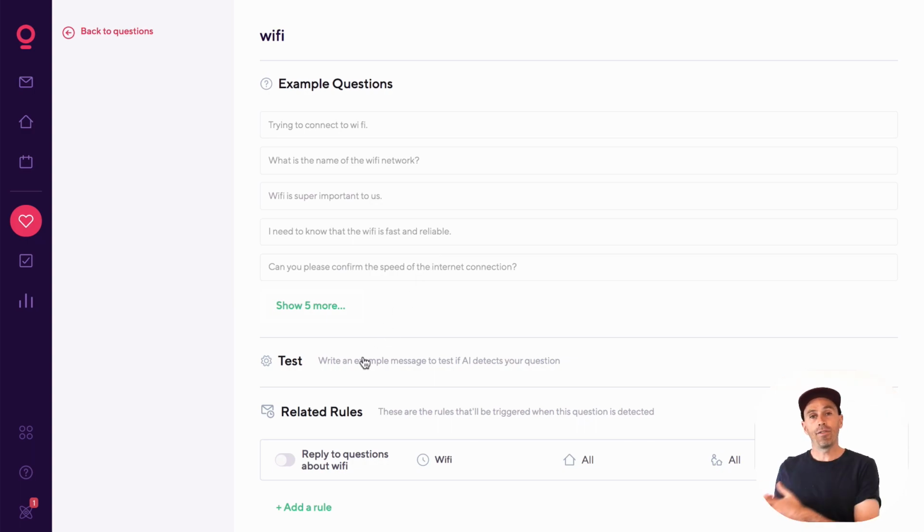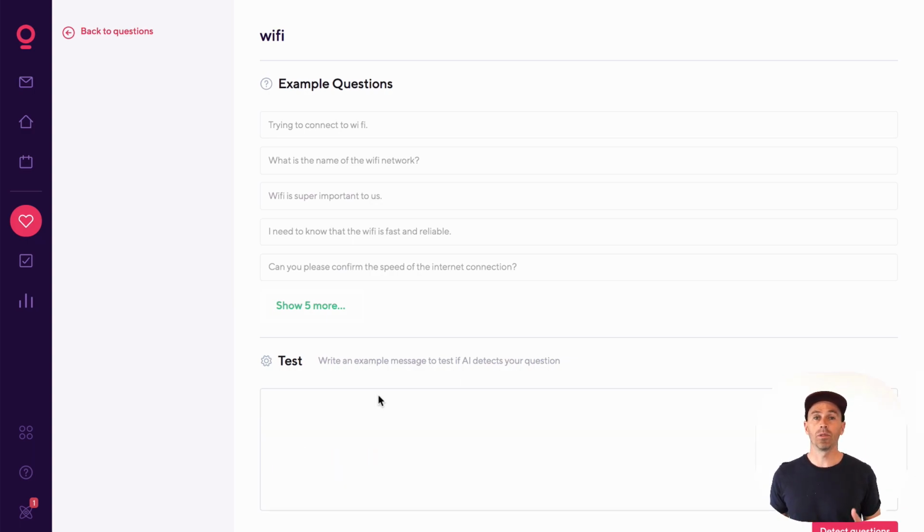Now, you don't have to have these AI-driven questions sent out automatically. You can also set the message to trigger a notification to you to tell you that somebody's asked this question, and you've got a pre-written canned response ready to ping back off. So the AI is detecting the question, and you can manually send the answer and okay that the answer gets sent back, which is quite a good balance between full automation and having some manual control, so that you can make sure the context of the question is correct,